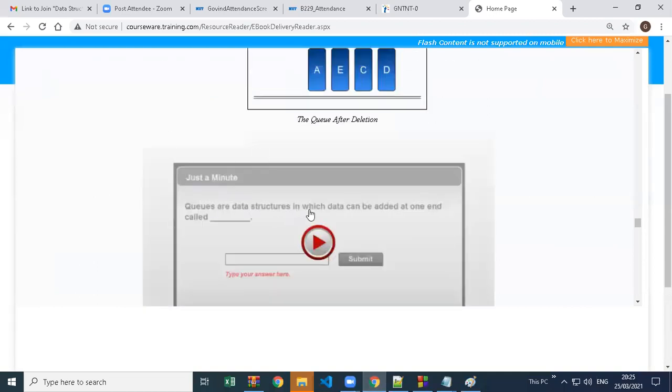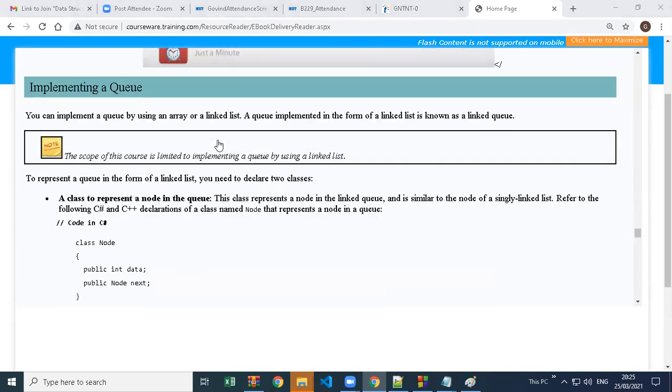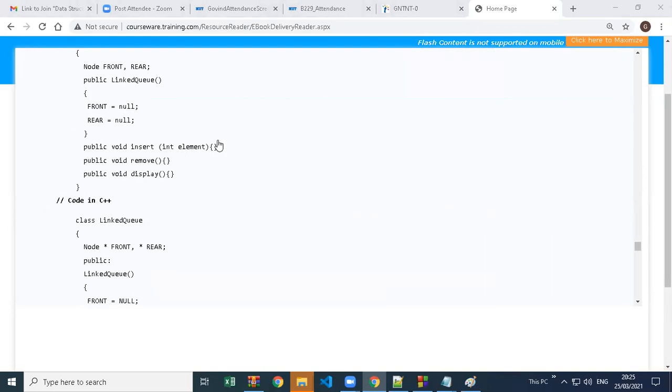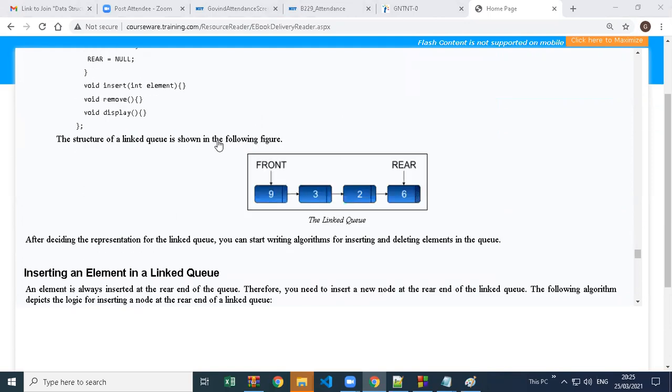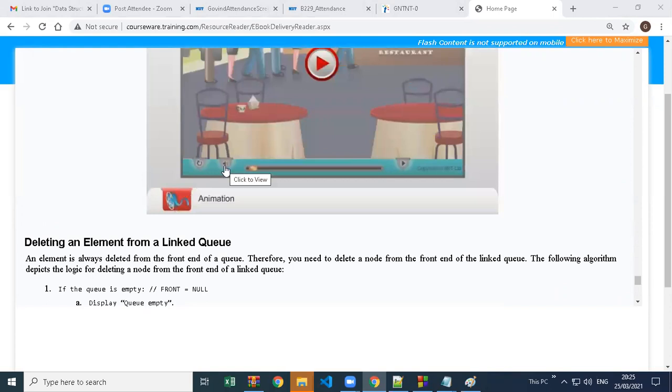So queues are a data structure in which data can be added at one end called rear. Okay, and then code is given. If we want to display the FIFO, how can we display it?